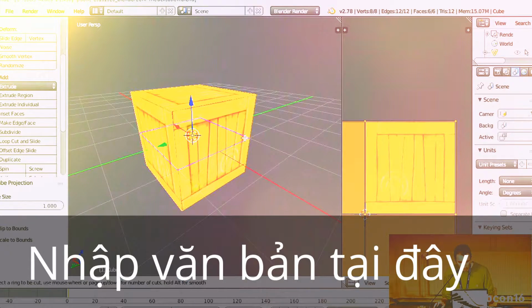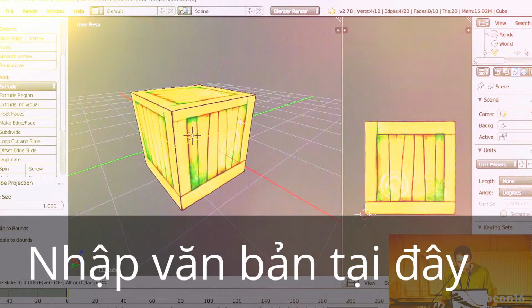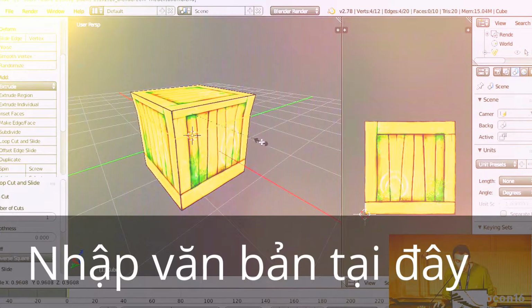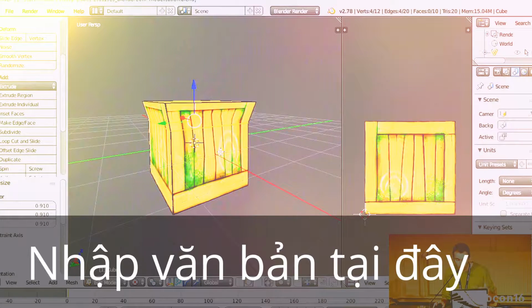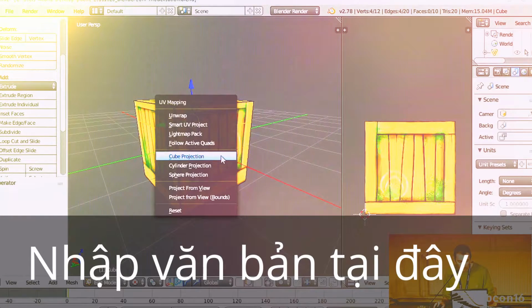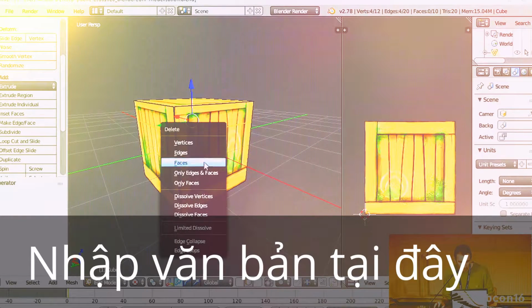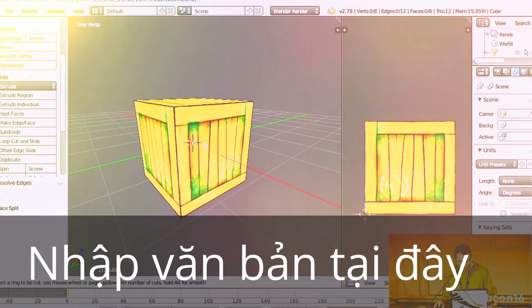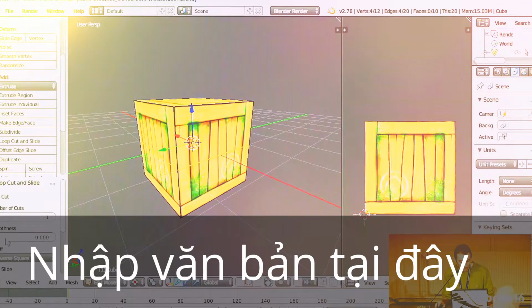So a nice option here, for example, if I want to add a loop cut here, you see that the default behavior is that it will stretch the texture if I move the new loop cut I've just created. So this sometimes is cool to create deformation if you want to have very cartoonish stuff, which is usually what I do, but sometimes you don't want that. Sometimes you want, I will just delete this one and create another one,